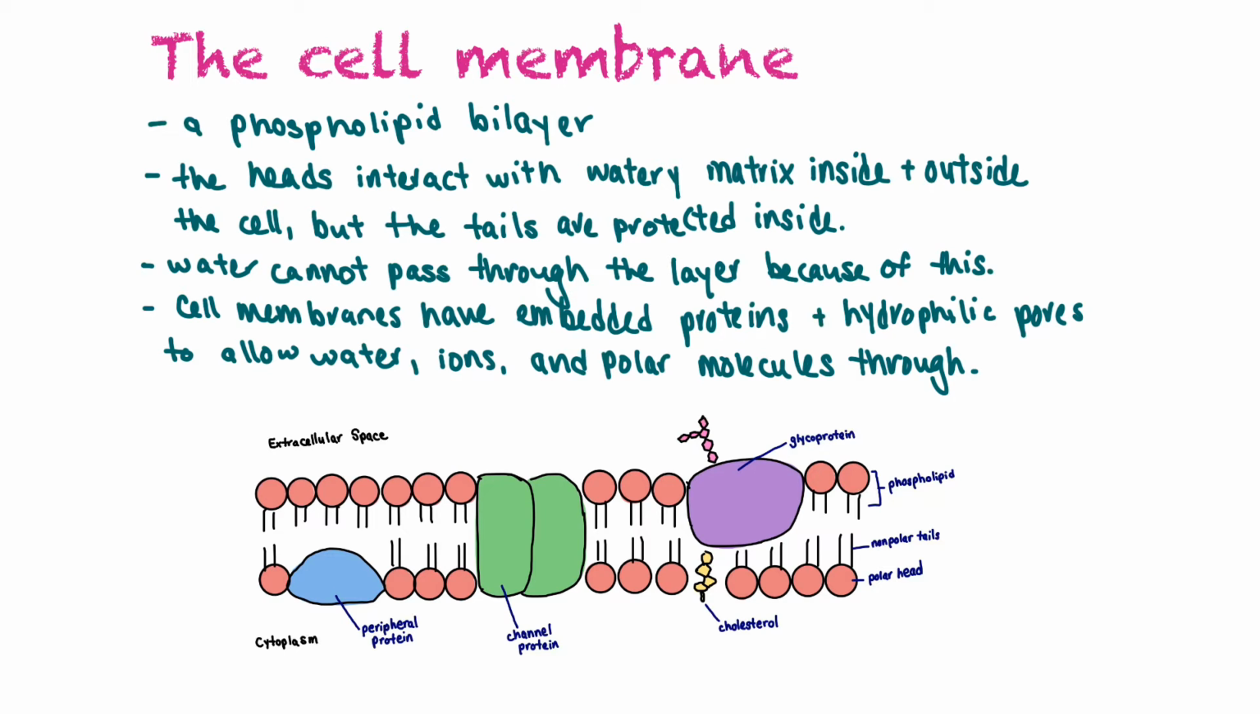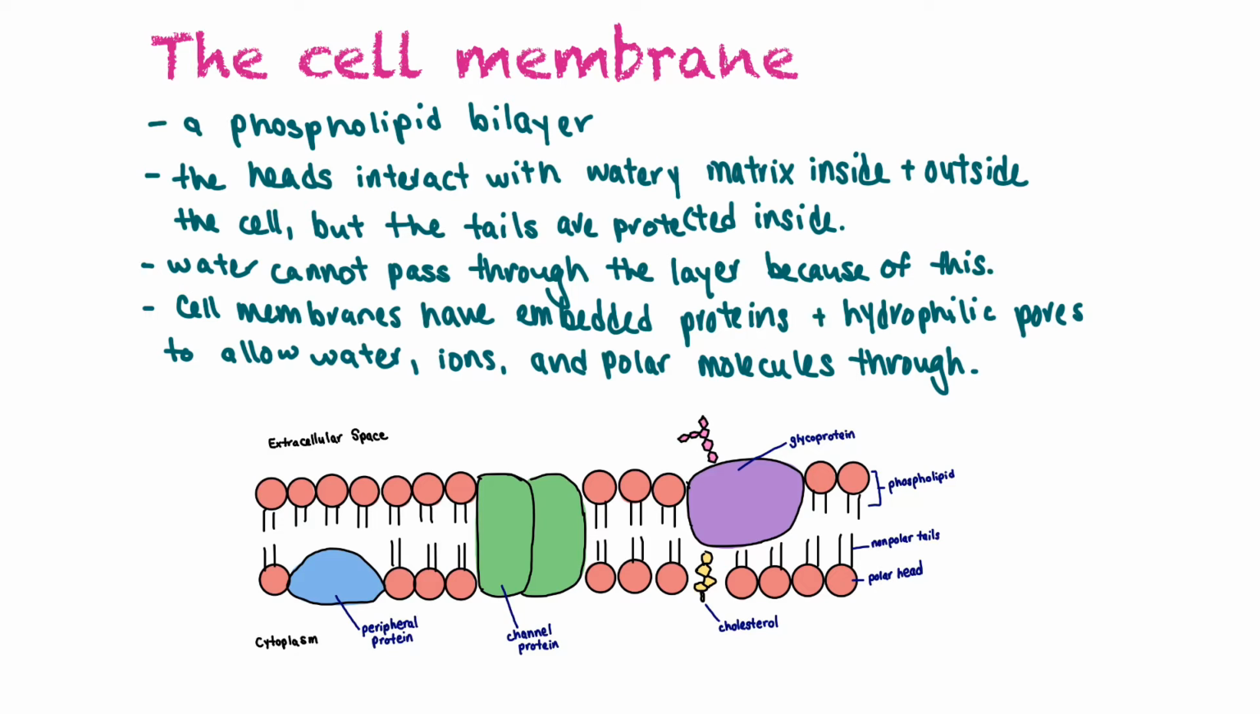Phospholipids go on to form our cell membrane and the membranes that surround all organelles. And the cell membrane is a phospholipid bilayer. So it is two layers, bilayer, of phospholipids. So the heads are found on the outside of this bilayer, and they interact with the watery matrix that's found both inside and outside of the cell. And the tails are protected on the inside. So you can see this part's the hydrophilic part, the extracellular space, it has a lot of water, the cytoplasm has a lot of water, and then the hydrophobic tails are found in the center, and they're protected against that